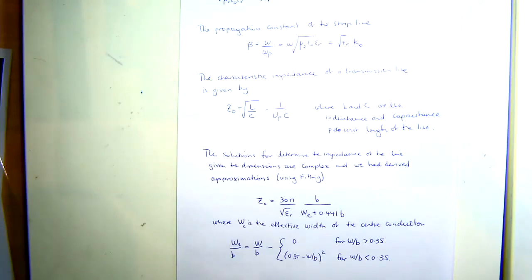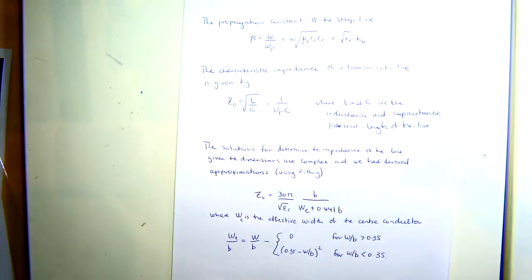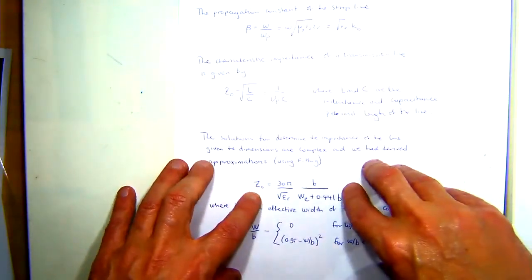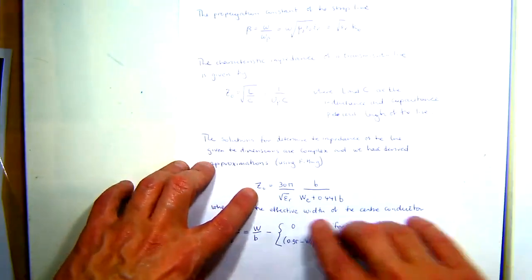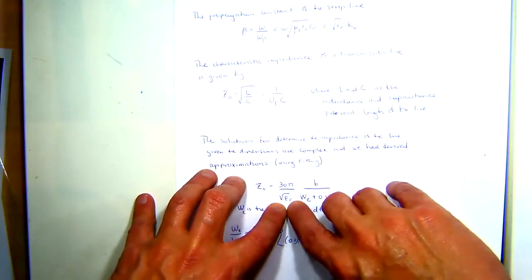You know, the calculations, there's a whole bunch of Bessel functions, etc. Now, what I'm doing here is giving you formulae that people have determined, which essentially is fitted to what the impedance is on this line, so that you can actually use that formula in order to calculate the impedance. And what it says essentially is that the impedance is 30 pi on the square root of the dielectric constant,